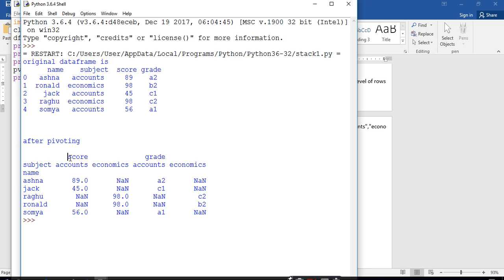Here the main columns are score and grade, and we use columns equal to subject, and the subject column contains two subjects, account and eco. So again it is divided into two parts, account and economics, for the score and grade columns. There are some missing values also, because the first record, Asna, has only the account subject. So in the economics column there is a missing value, meaning none.